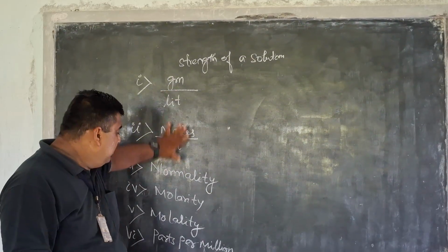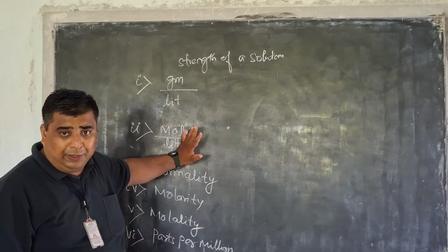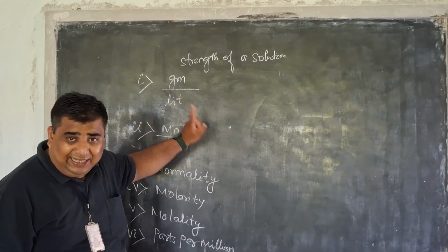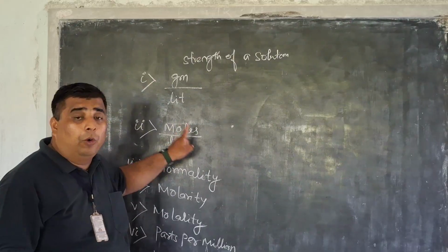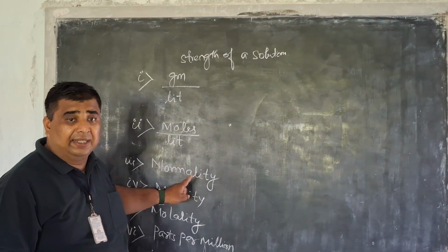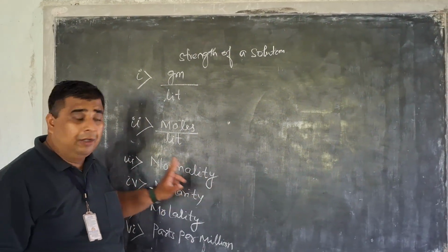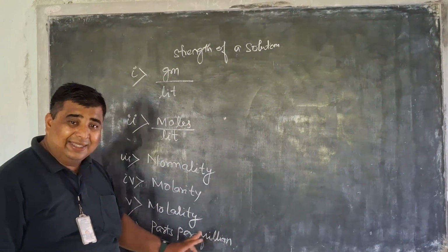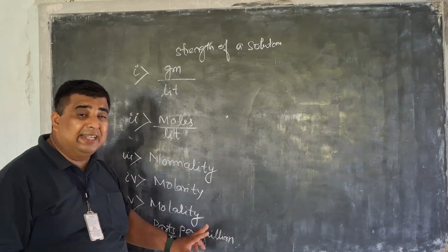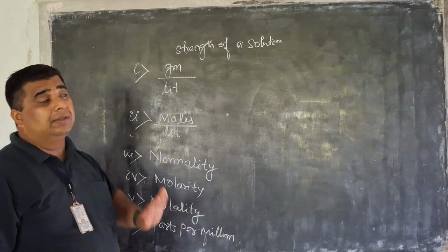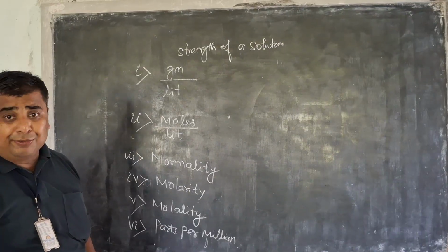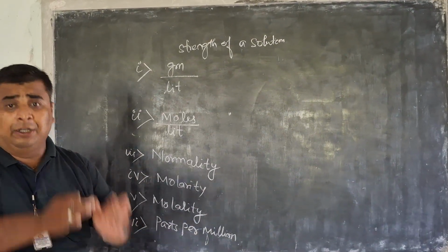And these are the general ways to represent it. First one is the gram per liter. Second one is the moles per liter. Third one is the normality. Fourth one is the molarity. Fifth one is the molality. Sixth one is the parts per million. So these are the 6 ways to represent the concentration of a solution, and they play a very important, vital role